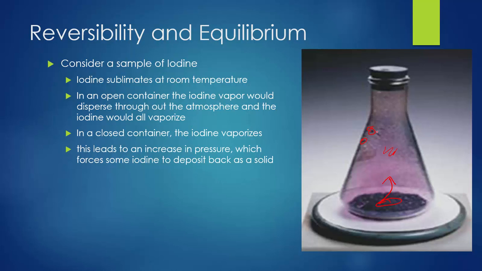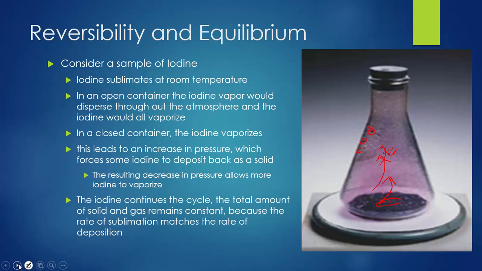Well, as soon as that happens, as soon as some of it deposits on the side, there's less vapor, which means less pressure, which means now more stuff can vaporize. And so more stuff vaporizes, but that increases the pressure again, and so more stuff deposits. And so we get this continual exchange of solid to vapor and then vapor back to solid. So it's vaporizing as quickly as it's depositing, and so these two things are happening at the same rate in opposite directions. So the vaporization and the deposition, or sublimation I guess, and deposition are happening at the same rate, and so